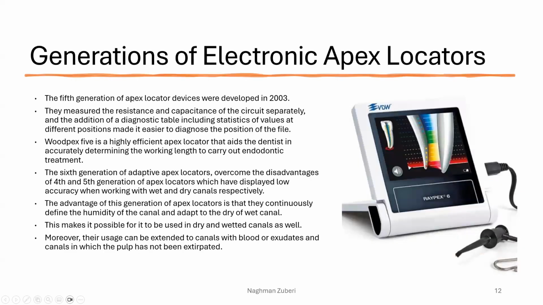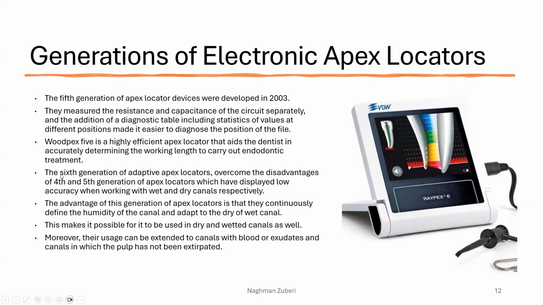The fifth generation of apex locator devices were developed in 2003. They measured the resistance and capacitance of the circuit separately, and the addition of a diagnostic table including statistics of values at different positions made it easier to diagnose the position of the file. Woodpeck's 5A is a highly efficient apex locator that aids the dentist in accurately determining the working length to carry out